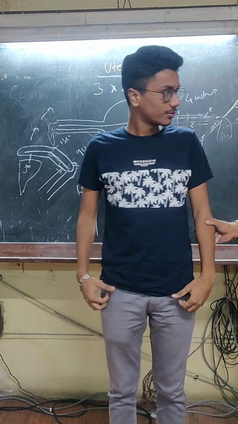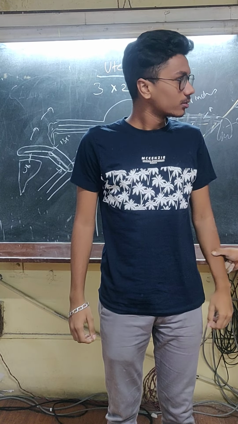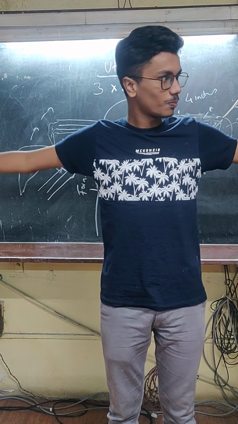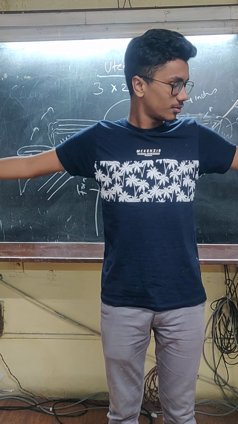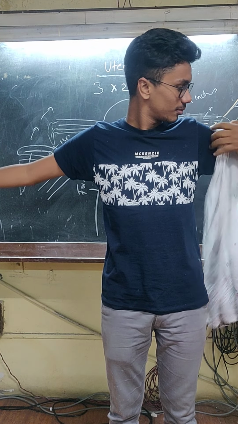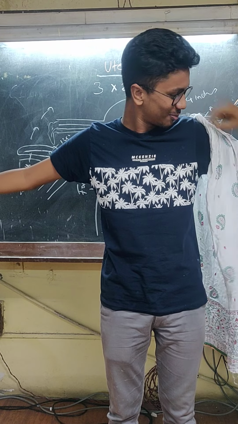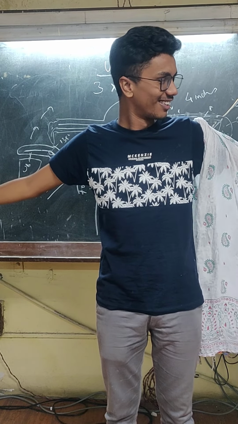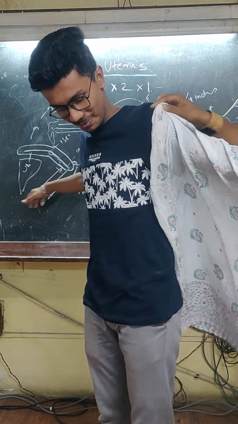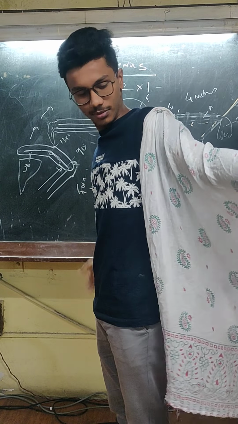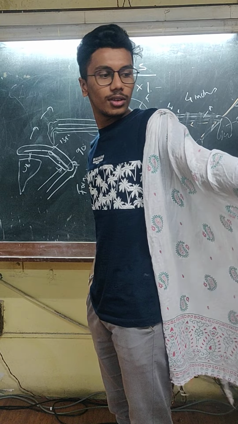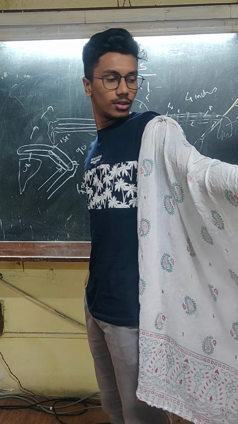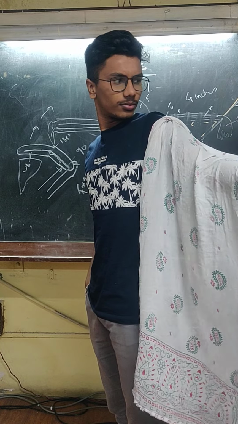Now I am just demonstrating how the broad ligament of the uterus is. So these are the uterine tubes. The broad ligament goes like this. There are two layers, anterior layer and posterior. Now in the posterior layer, the ovary is like this. Ovary is in the posterior layer like this.